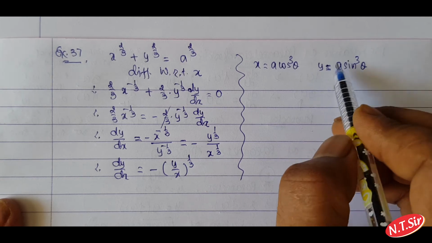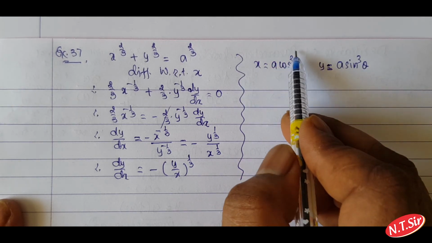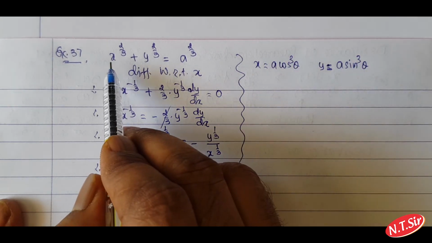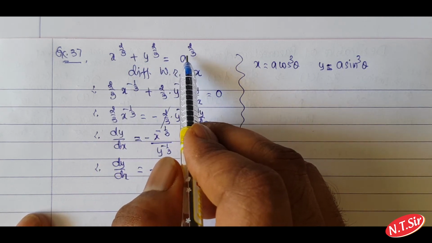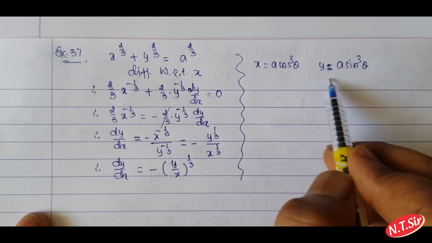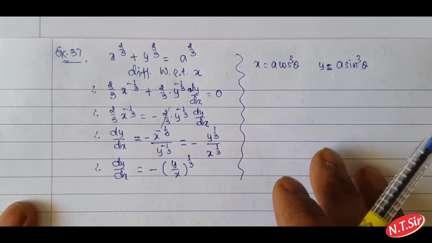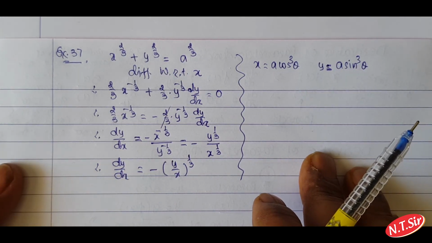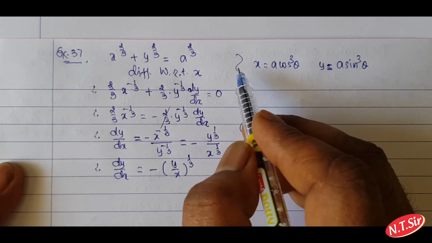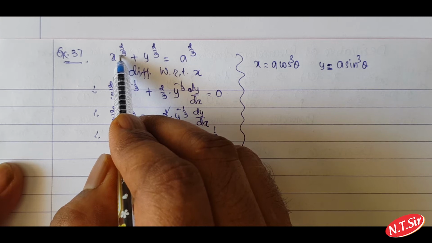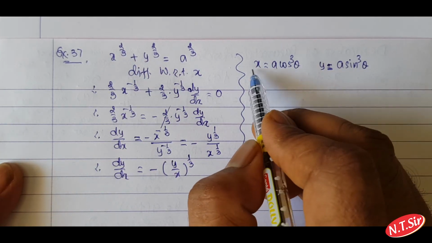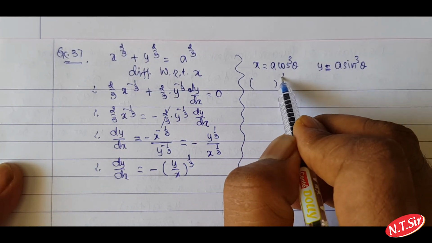पैरामेट्रिक इक्वेशन जो है वो क्या होता है कि इसका जो पैरामेट्रिक इक्वेशन है वो इक्वेशन में हम सब्स्टिट्यूट करेंगे तो we will get a raised to 2 by 3, right. जो वैल्यू हम सब्स्टिट्यूट करते हैं x और y की, वो इसका सेटिस्फेक्शन करेंगे तो उसको हम पैरामेट्रिक इक्वेशन बोलते हैं, right. See x is a cos cube theta raised to power 2 by 3, that is a raised to 2 by 3 होगा. This is x raised to 2 by 3.